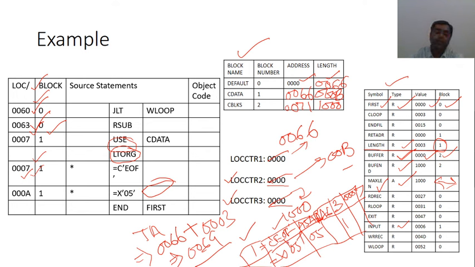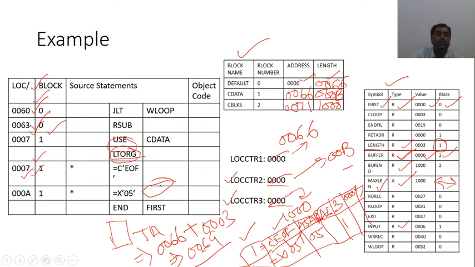And in the literal table also, when we are getting the literal, literals are processed just like the labels. Only the difference is that if I am not writing this LTORG statement here, then the literal pool will be generated by default after the END statement, and literals just signify the literal value of that label. For example, X'05'. What is the value of this label? That is 05.